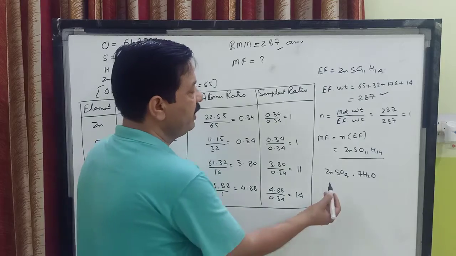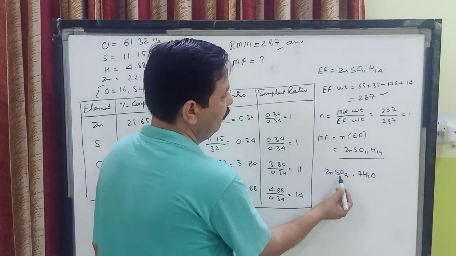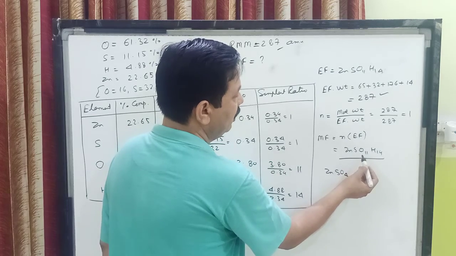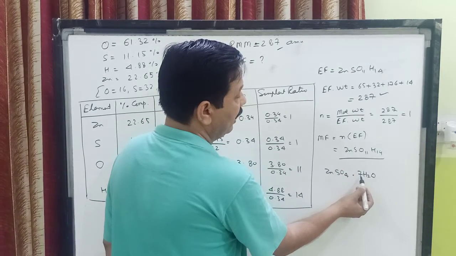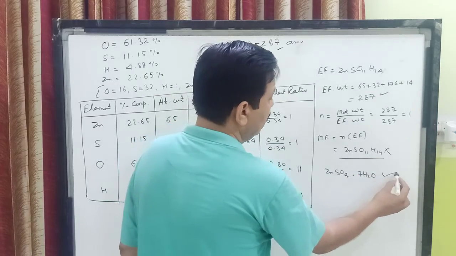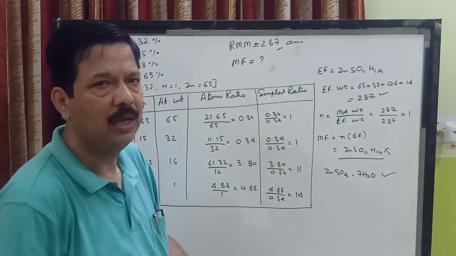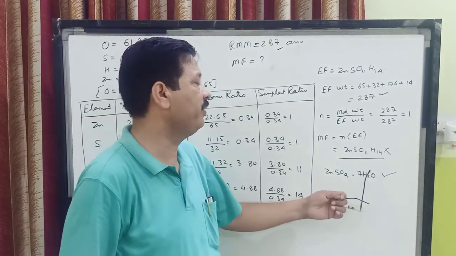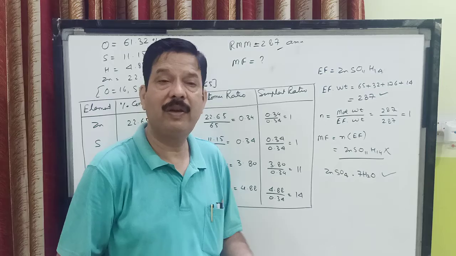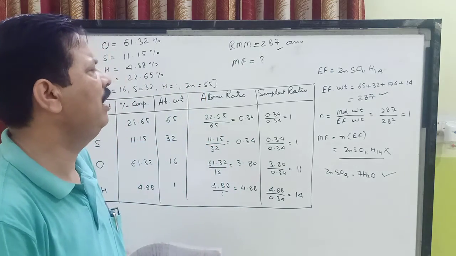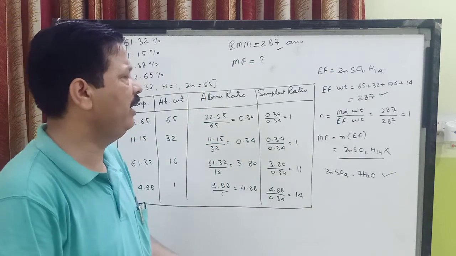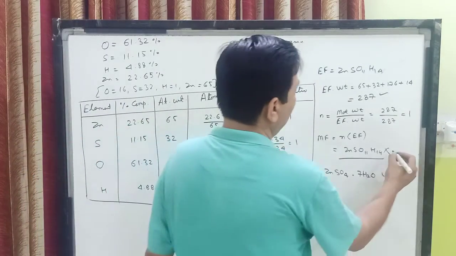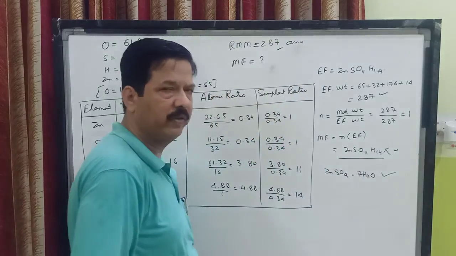So children, if you count zinc 1, sulfur 1, oxygen 4 and 7, 11, and hydrogen is 14 atoms. So children, this is not the molecular formula, this will be the molecular formula according to the question. As it is saying that all the hydrogen is present in the water of crystallization. So children, this is again a little tricky question at the end. So for molecular formula we do it like that. This value also you have to calculate, then only you can come to this conclusion.